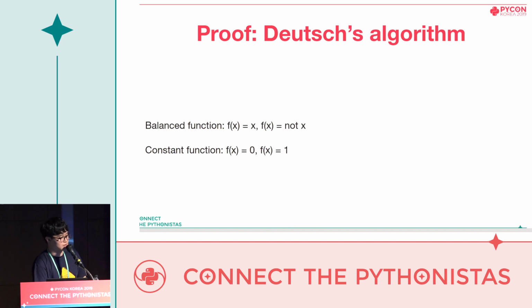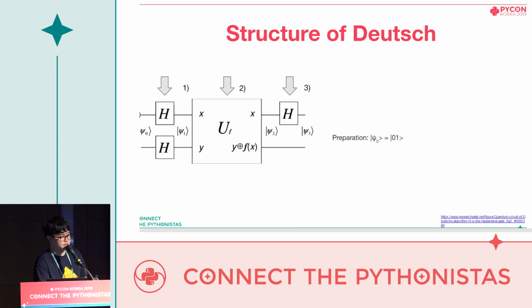When we use a classical computer to solve this problem, we need to initiate the function twice, which will take more time. However, with Deutsch's algorithm, we only need to initiate once. How? Well, that's what we are going to find out now. First of all, we prepare 2 qubits. We set the first qubit at 0 and the second at 1. Therefore, the possible state is only 0 and 1 for now.